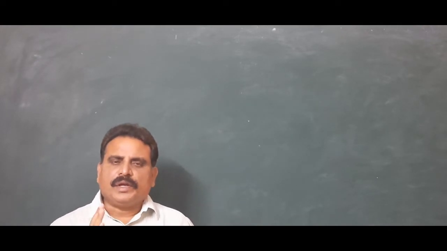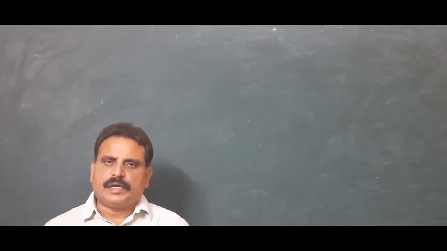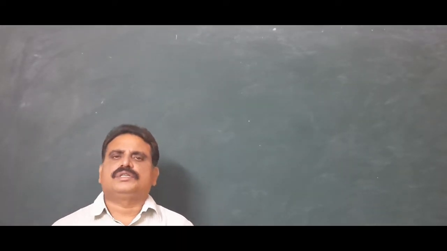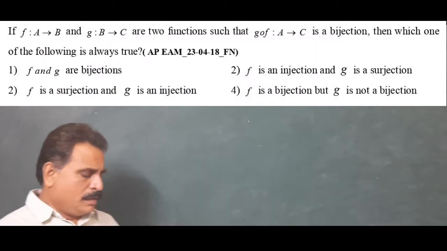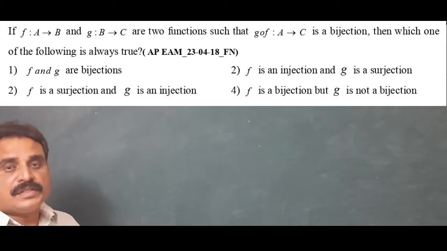In this video, we discuss previous AMCET questions. In the previous video, we discussed the weightage. In 1A, that means the first year A paper, there are nearly 9 to 10 questions in the final AMCET exam. So, now we discuss the questions from 1A. Look here. The first question is on functions.